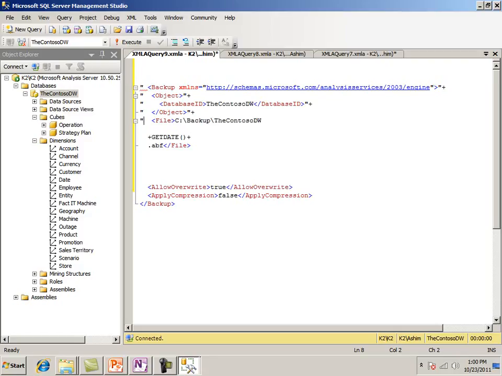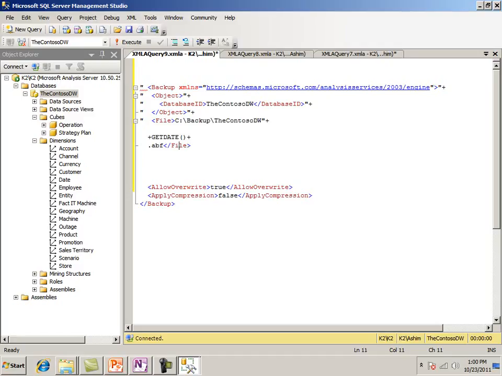okay, so this is the file name, and the idea is to create an SSIS package, and this dynamic string we're going to pass to the SSIS Analysis Services Execute DDL task. Okay, so basically the Analysis Services command. So that's our string,